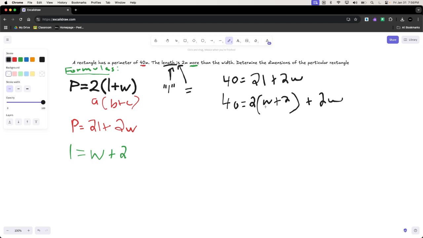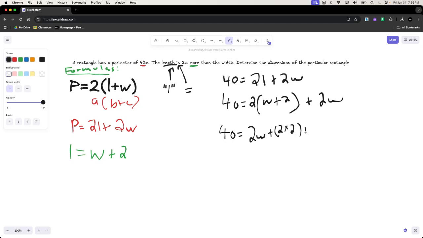So let's go ahead and distribute this, because it's the same form as the distributive property. So it's just going to be 40,